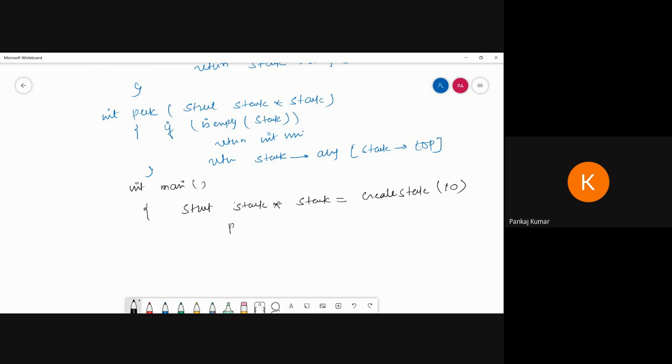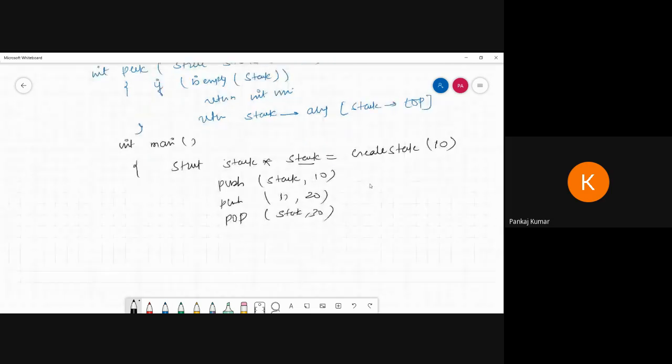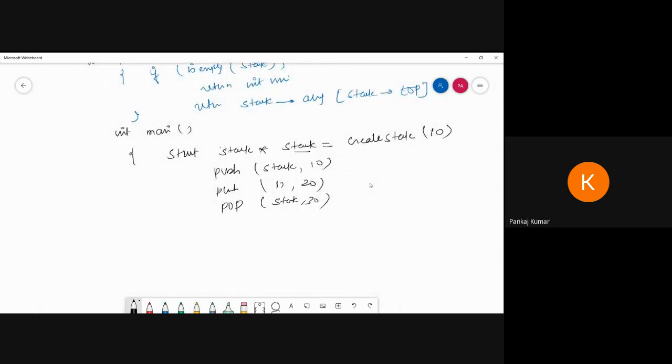Then we have to pass the push operation with the stack name and element, like push stack 20. Suppose you have to pop from the stack, it will be the 30 like this one. And suppose you want to print the popped element, you print like this.